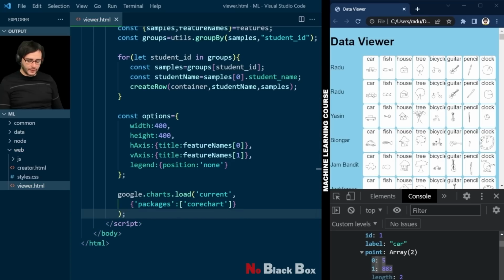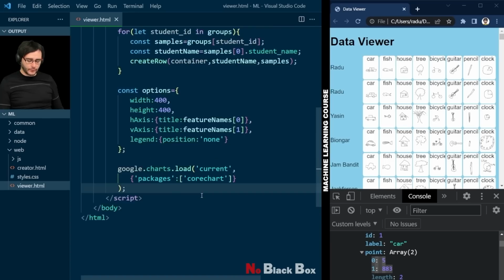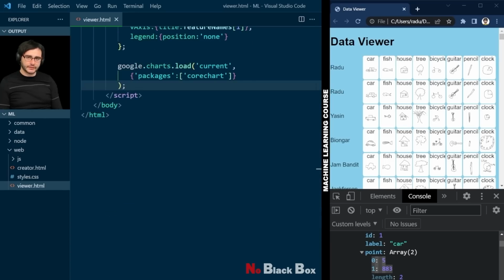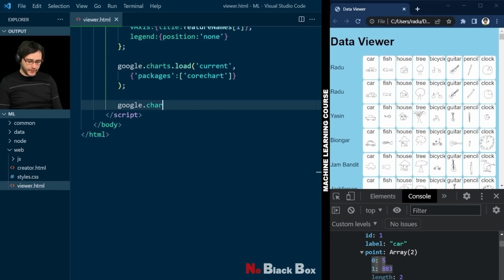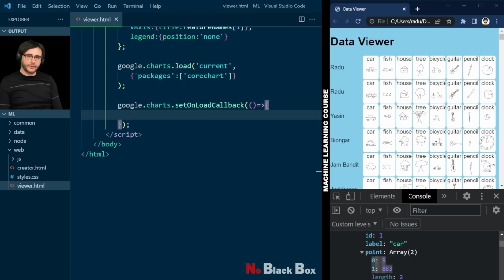Like this. Now, this load expects a callback. It's not going to happen instantly. And we can write that here, like so. And we can generate the data in a form that Google likes. So let's put here a new data table